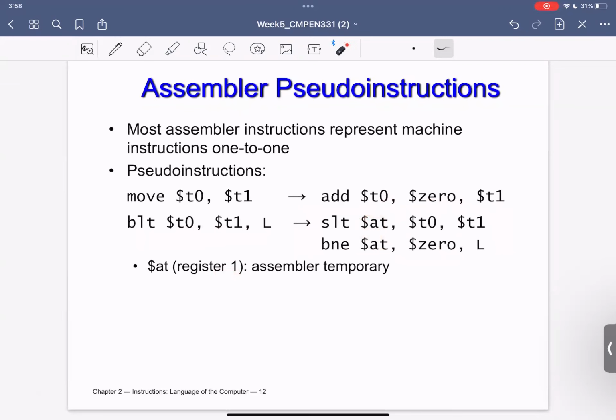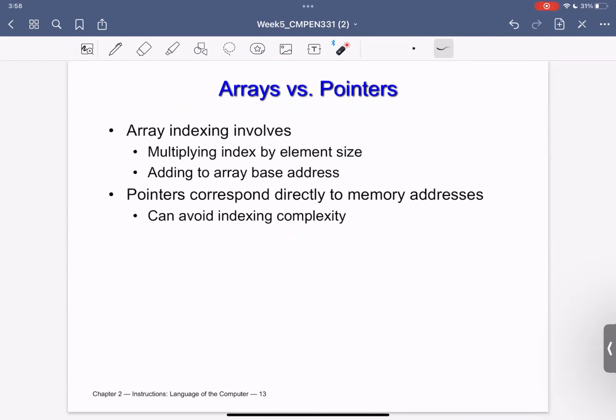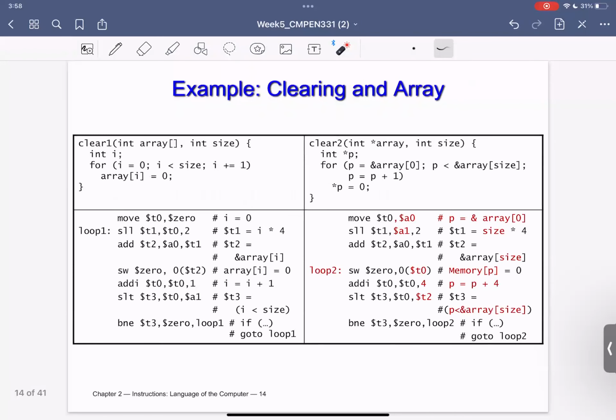inside my register slots. So we'll now switch gears to arrays and pointers. We need to understand the differences between them and why one is better than the other in many aspects. Before we go deep into that, here is an example written in the normal way with an array. The same example is written with the pointer idea. That example is transferred to assembly here, and that one is also transferred to assembly here.